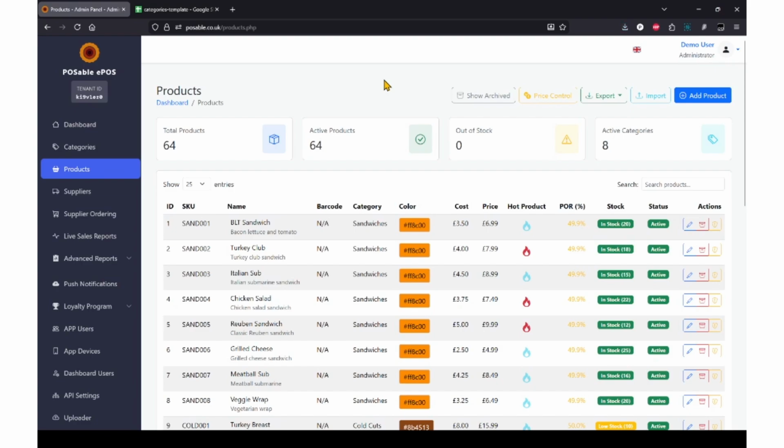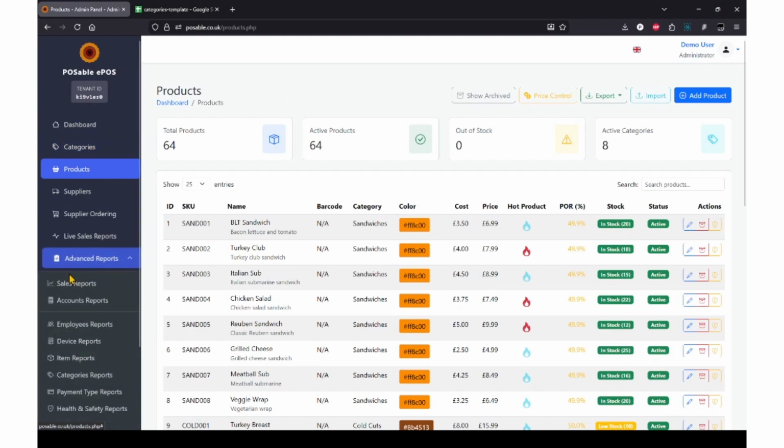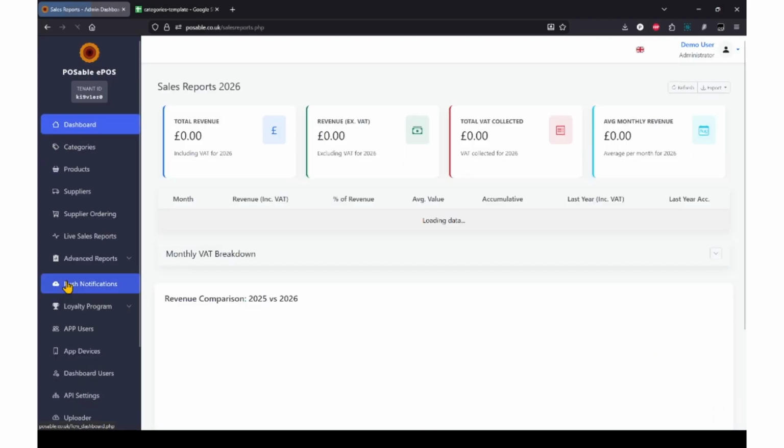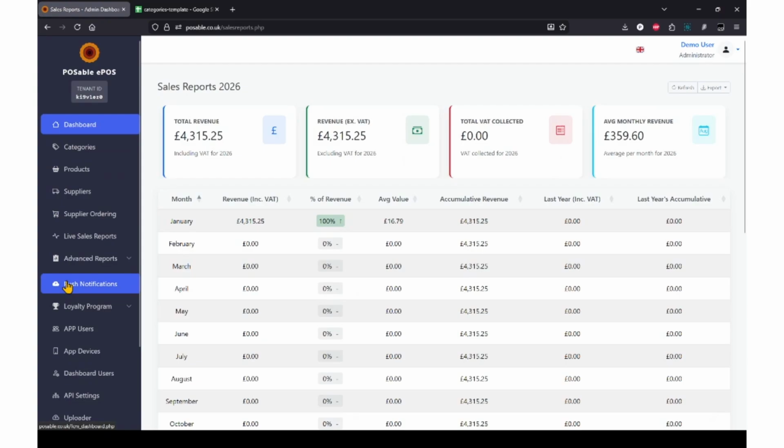Once you have all your data in the POSable system, you will be able to review reports in the Advanced Reports part of the POSable back office. Click the menu, drop down Advanced Reports, and then select one of the options from there to review your categories, products, and sales reporting. All reports are available for download in a variety of formats, ensuring compatibility with accounting software